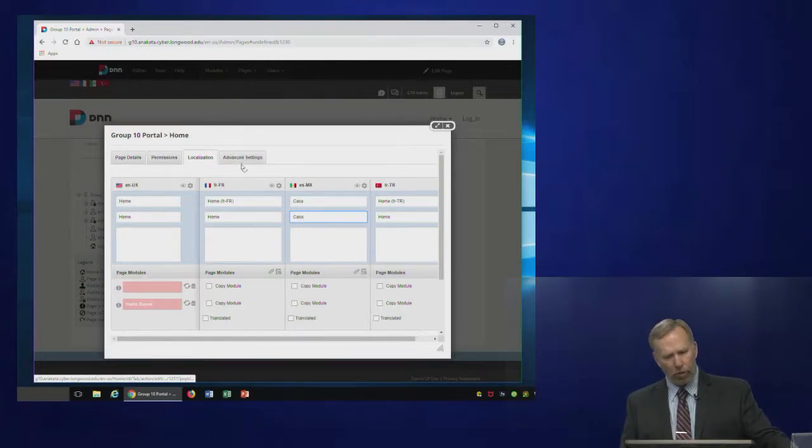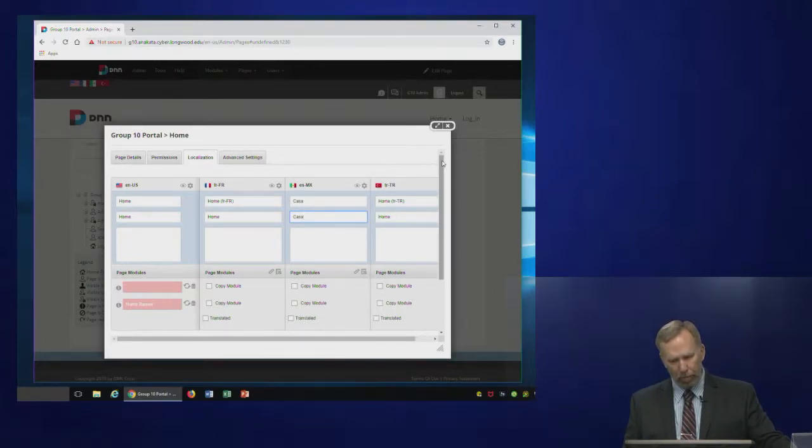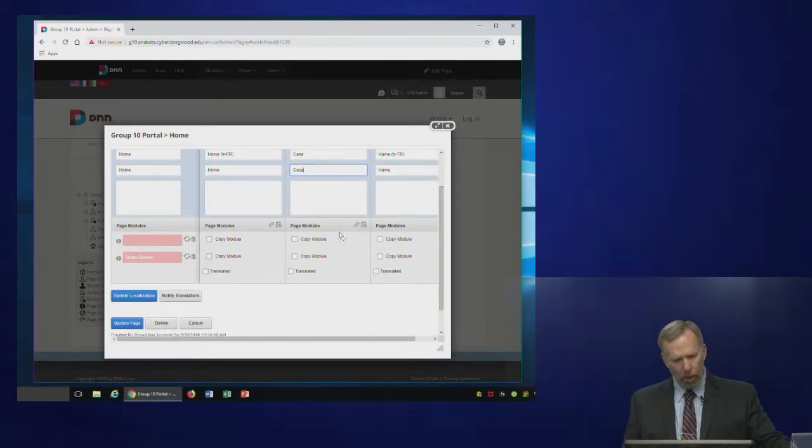And then what I'm going to do is I'm going to go down here on the bottom, and I can copy these modules that were on my English homepage, and I can copy them onto these other pages. Or I can go up here at the top